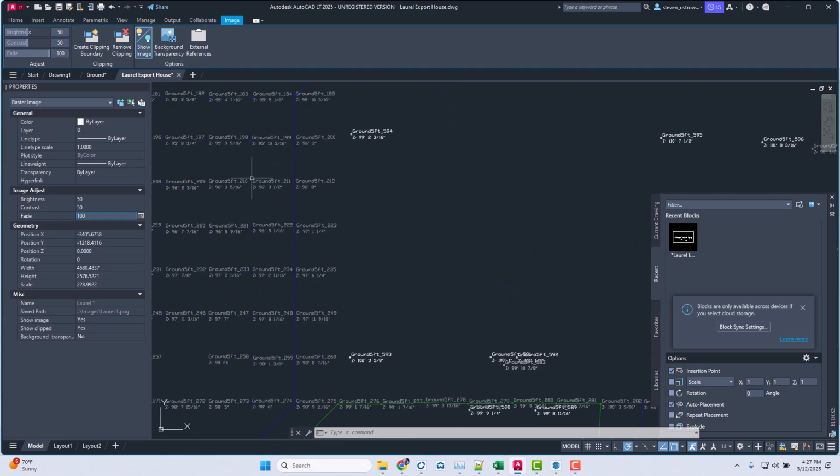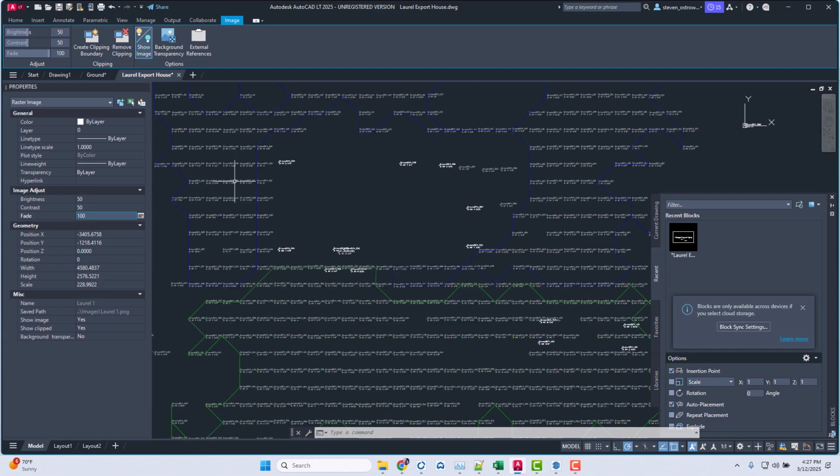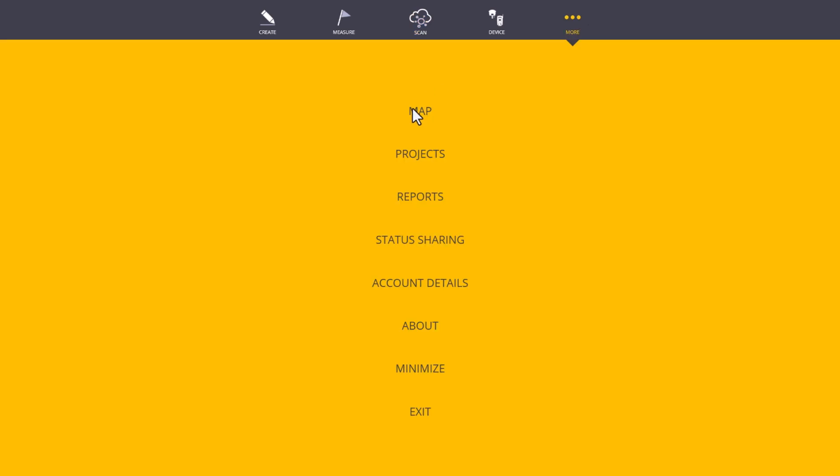So from Field Link in the tablet, we can send over these grid lines of points and individual points, but to do a nice topo, there are plugins that will do it here in LT. But if you use Civil 3D or SketchUp, you can do it a little bit easier. So here's what it looks like in